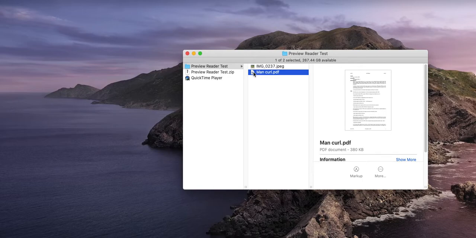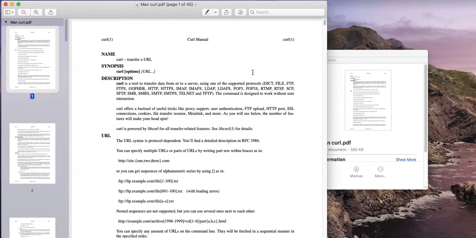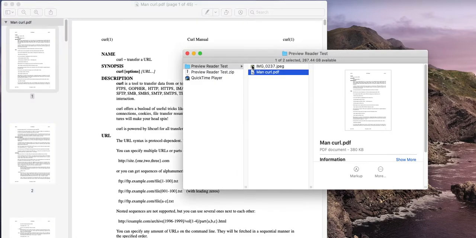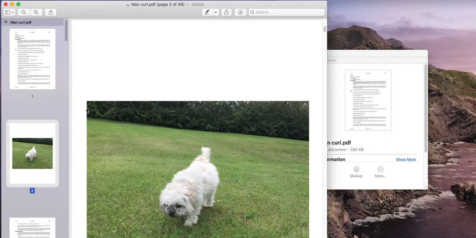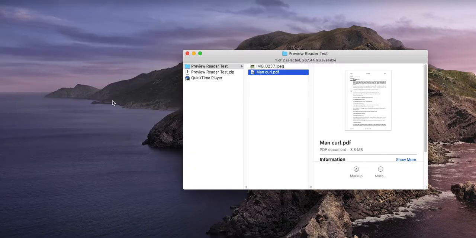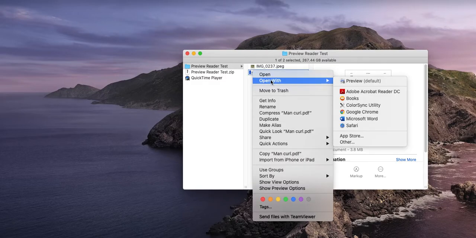All right, so we're going to double click on this again, bring it up in Preview, and I'm going to take this image here and drag it over to the sidebar, and there you go. Now I'm not going to do anything else. Command Q to quit. Apple automatically saves. So now when I take this document, I right click and say open with Acrobat Reader,